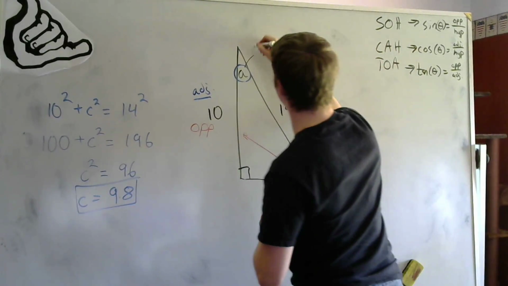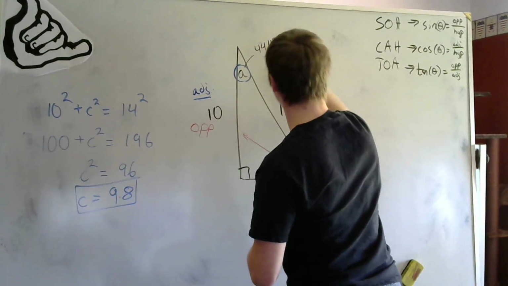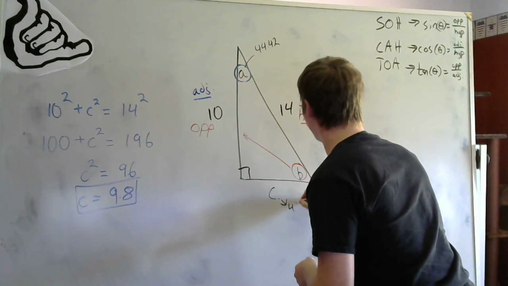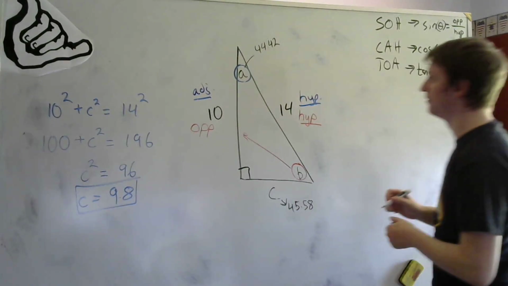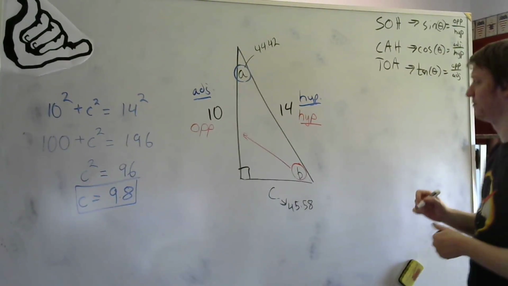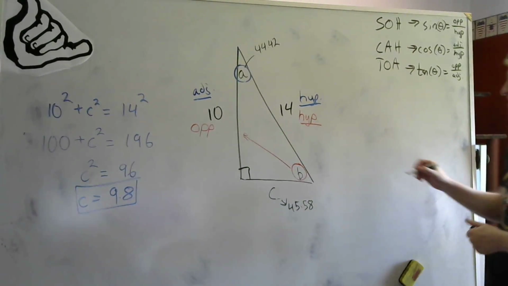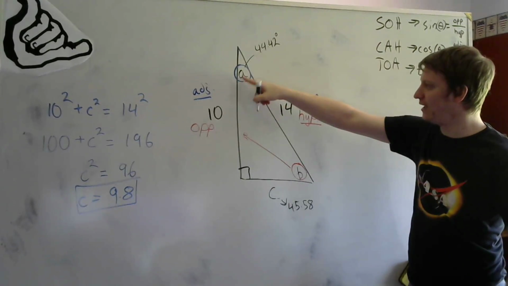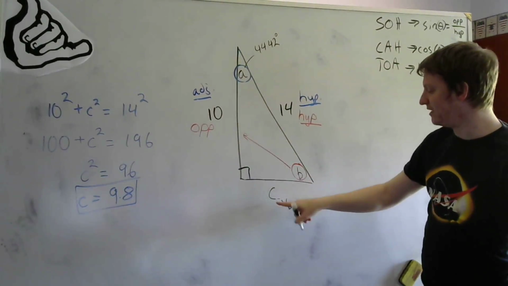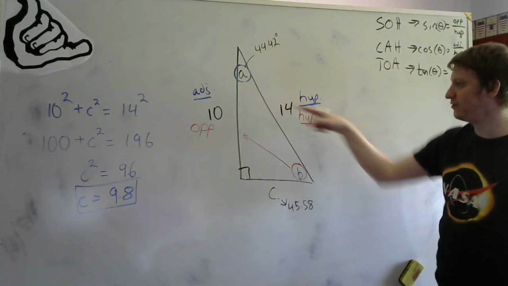So A was 44.42, C was 45.58. Right? I think so, if I remember right. I just erased it, but I need this one here. If I'm using A, I want C, and I have these two things, I've got